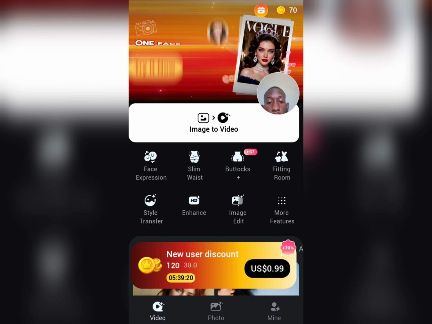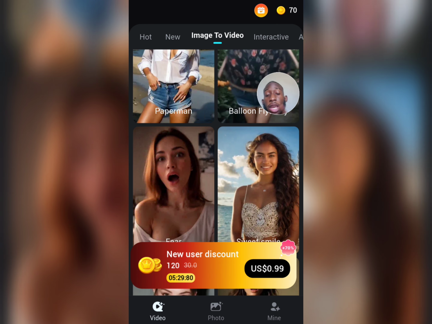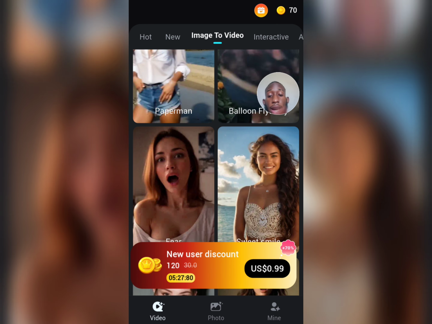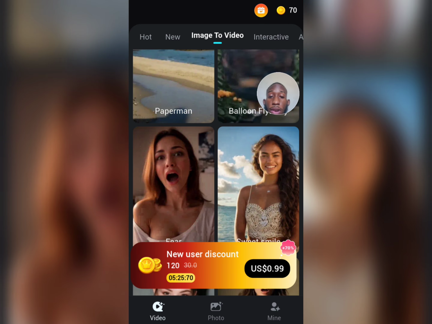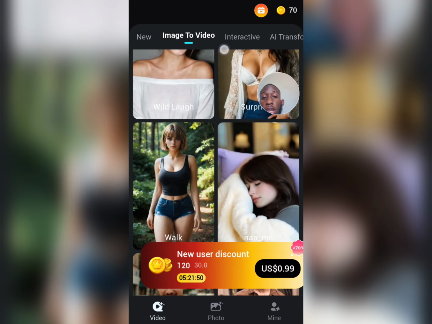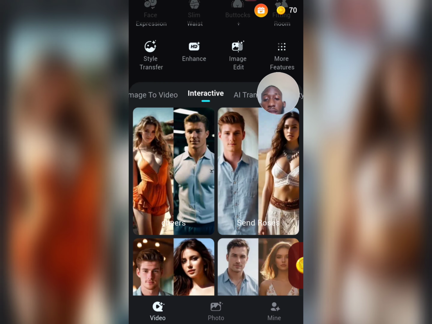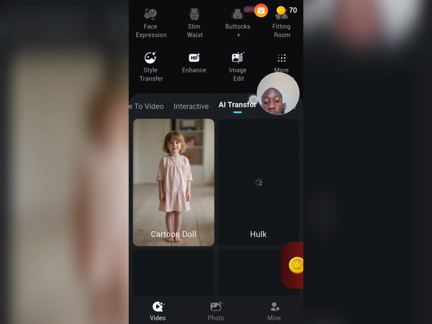As you can see, you have a lot of AI templates which you can use. All you have to do is pretty much upload a clear photo of yourself and you pretty much get these results. Very, very easy. So as you can see, you have the image to video section. You have a lot of sections here. As you can see, you have this section here as well. The AI transformation